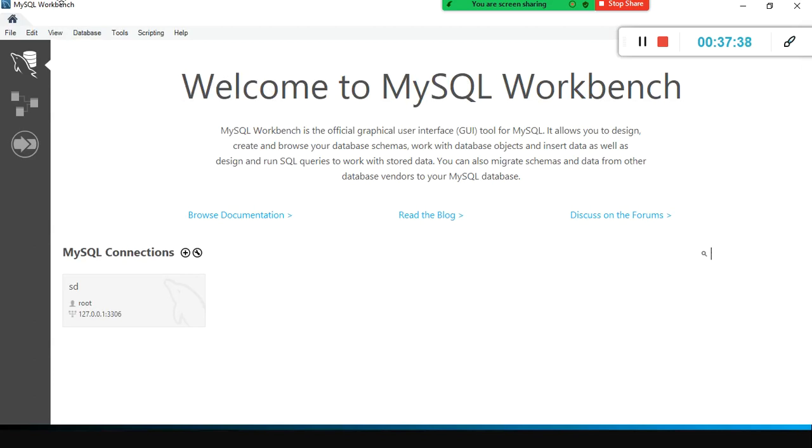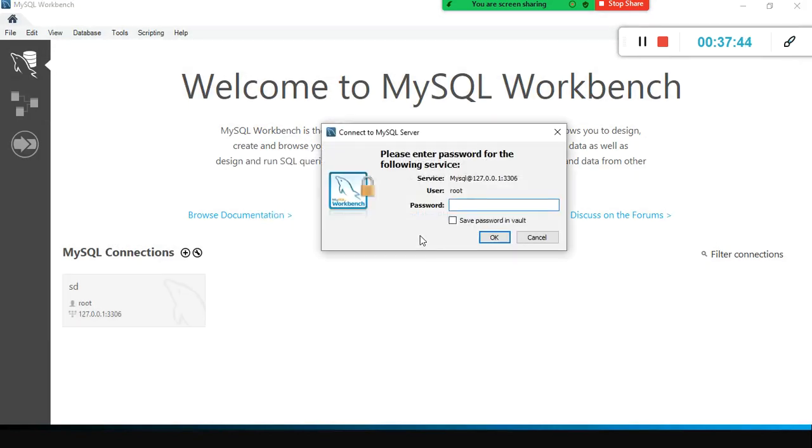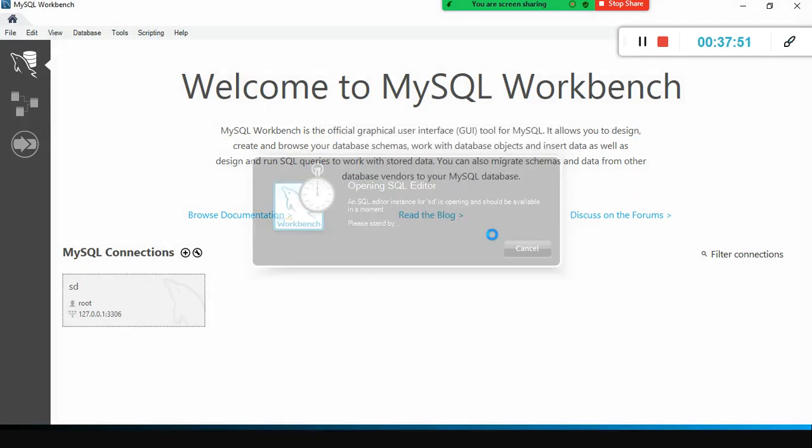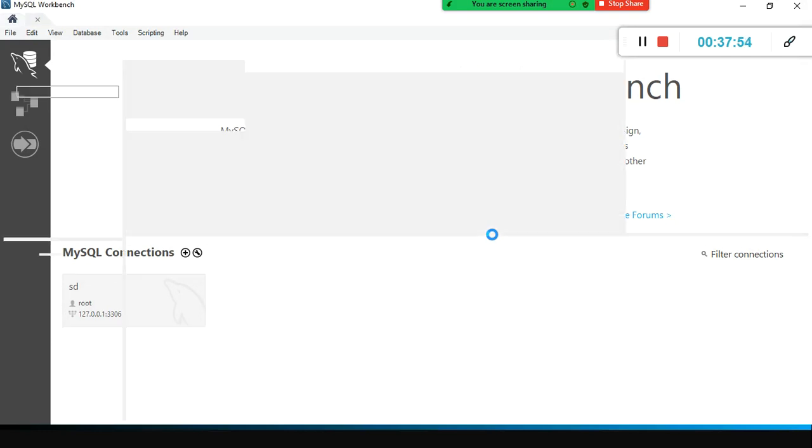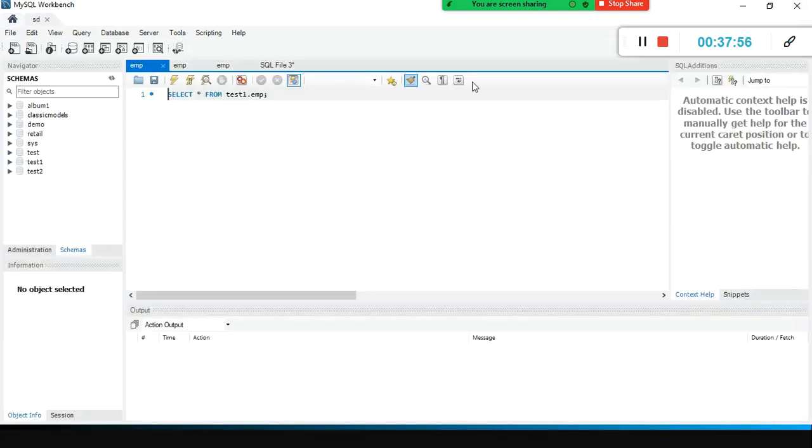Once the Workbench is open, you need to click here, root. When you double click on this, it will ask for the password. Since I asked you all to use admin as the password, just type admin. See, now it got connected.